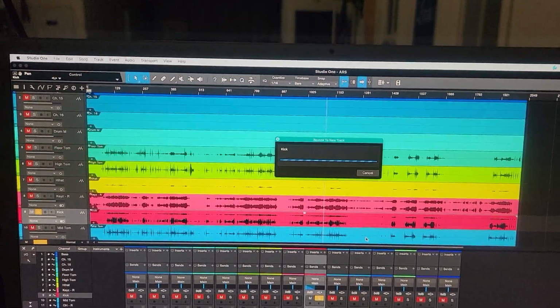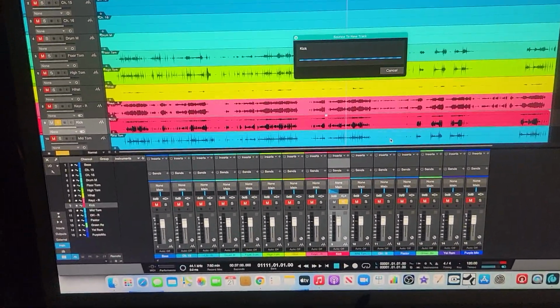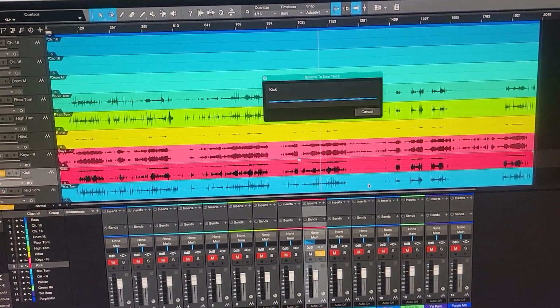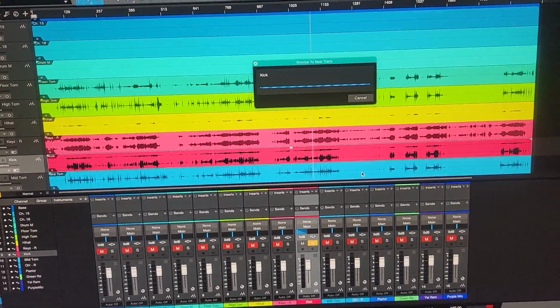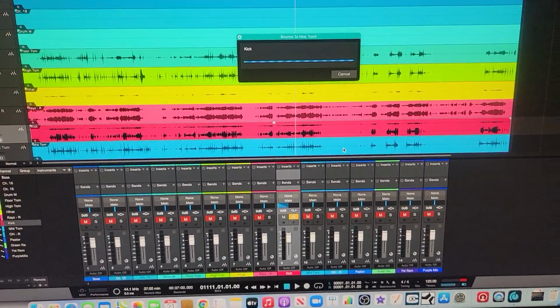That's time when I could be mixing and doing stuff. So yeah, another letdown for Studio One. I love Studio One right now as a second DAW, apart from Pro Tools, but it's still